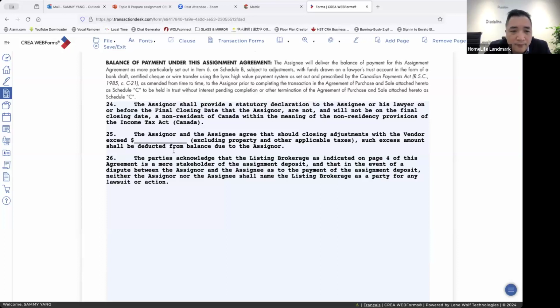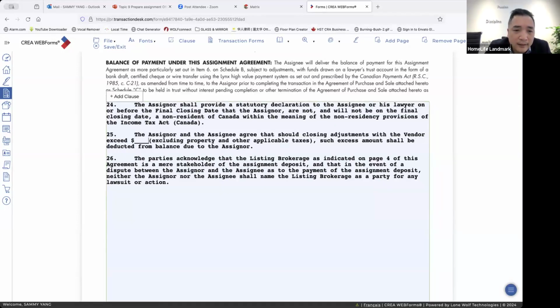Number 25 is for the development charge or levy. If for previous APS, they have a capped levy. Let's say usually for maybe a two bedroom, they will cap, I think, 25,000. Let's say 25, just for any number, like training only. Maybe they are more or they are less. But if they have a 25 levy capped, that means we put it here, making sure they are able to